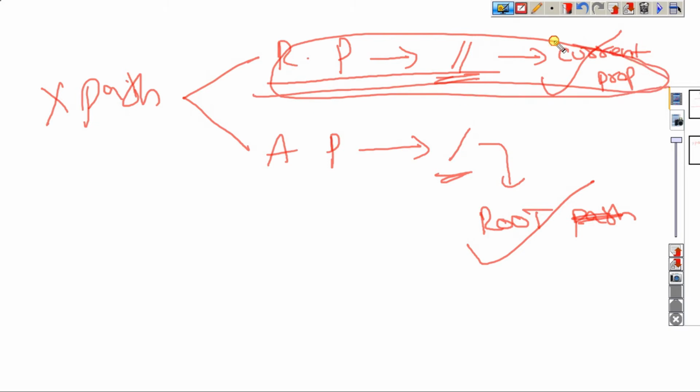You don't know my root or my depth information. All you know is that my name is Srikanth Nalagarla, and you identify me based on that. That is what we call a relative path.